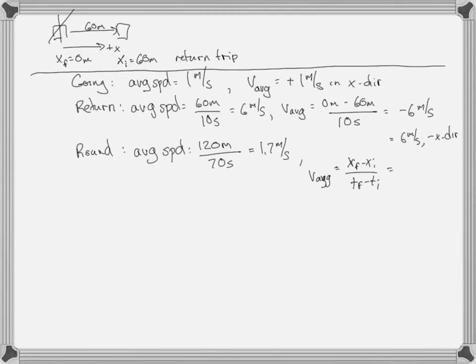For the round trip, I finish at x equals 0. I start at x equals 0. The total time elapsed is still my final time minus my initial time. Initially, I started at t equals 0, let's say, and finally, I end at t equals 70 seconds. You have to be really careful about that, right? This is still the total time elapsed. And so this is 70 seconds, but it doesn't matter because 0 minus 0 is 0. My average velocity is 0. And 0 doesn't really have units. If you put units, I'm not going to penalize you, but a 0 doesn't have units because